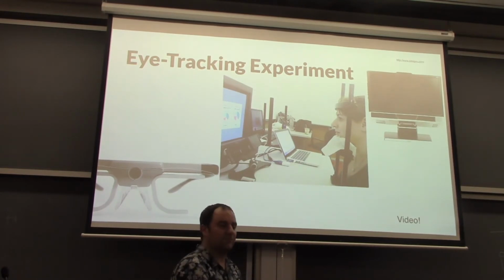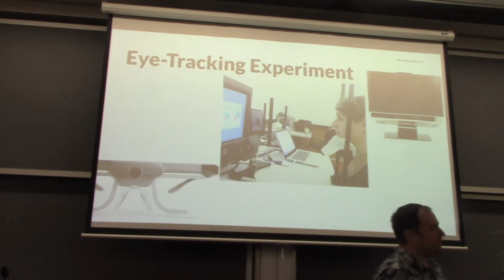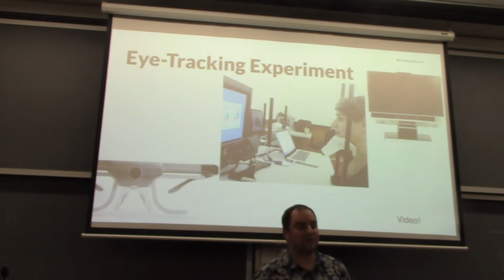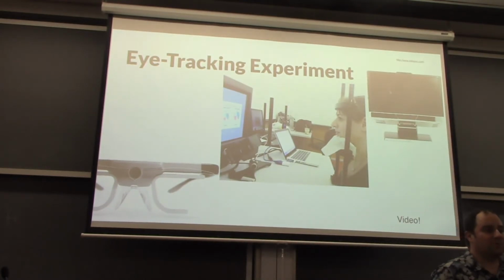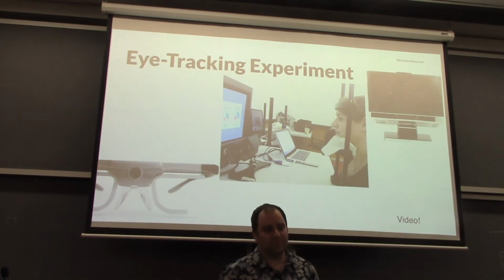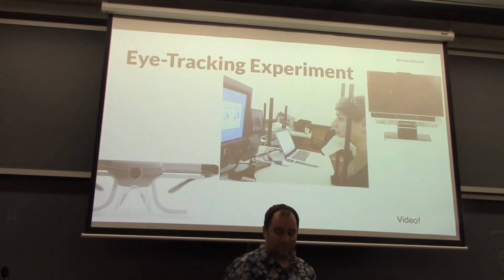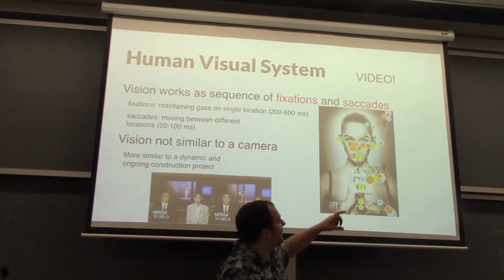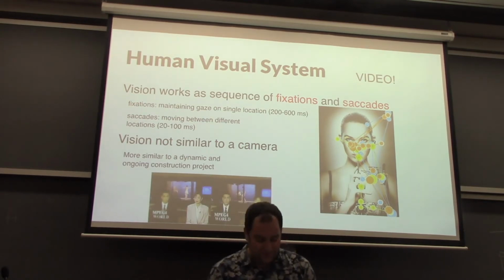This is a setup you would use in a psychology experiment where it's about high accuracy, whereas this here is an eye tracking setup you would use in a usability study, for example, if you want to see where people look at your website, or which parts of your visualization interface people pay attention to. We can then reconstruct the gaze path of people. I've prepared a video for that,